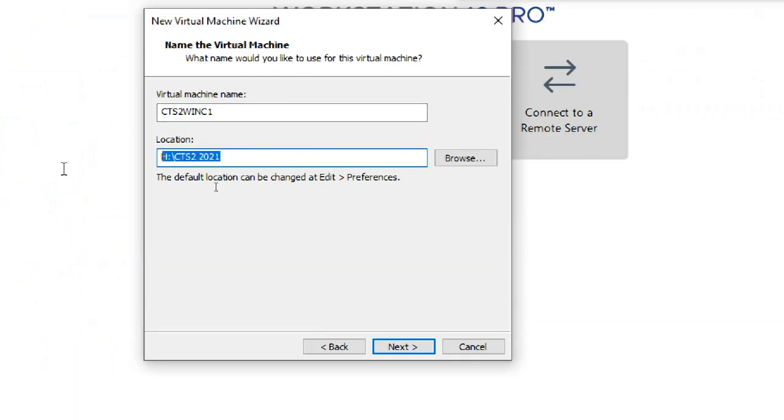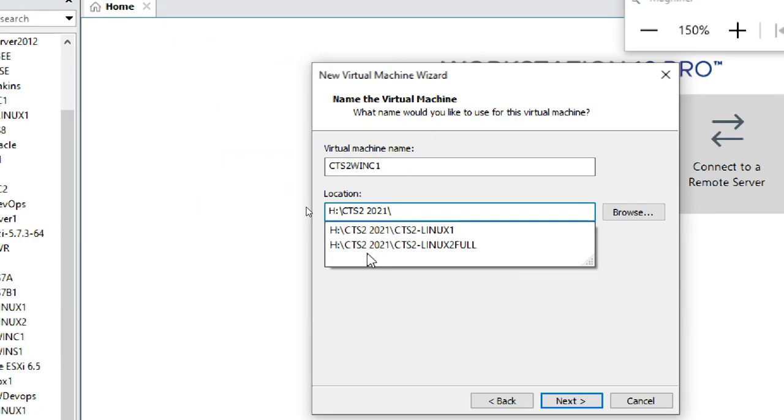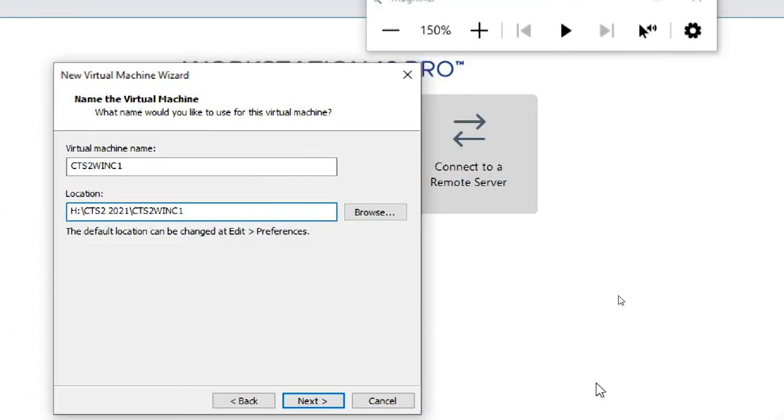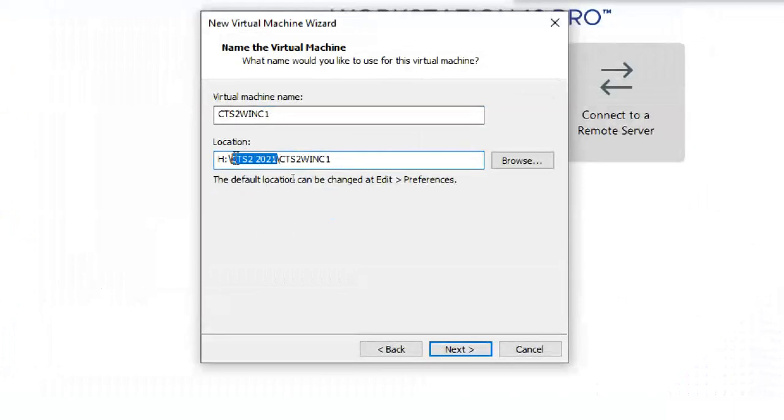So go to this, copy. Okay, I paste this one, and I want to separate again because I have this machine. So copy. If you don't like to give a main folder and subfolder kind of stuff, you can use it like this also, no problem. So copy the virtual machine, paste here. So choose your drive which has more space. Okay, you can do like that. Otherwise you can use this one, a folder under which your virtual machines will be there inside, like this also. You can choose it.